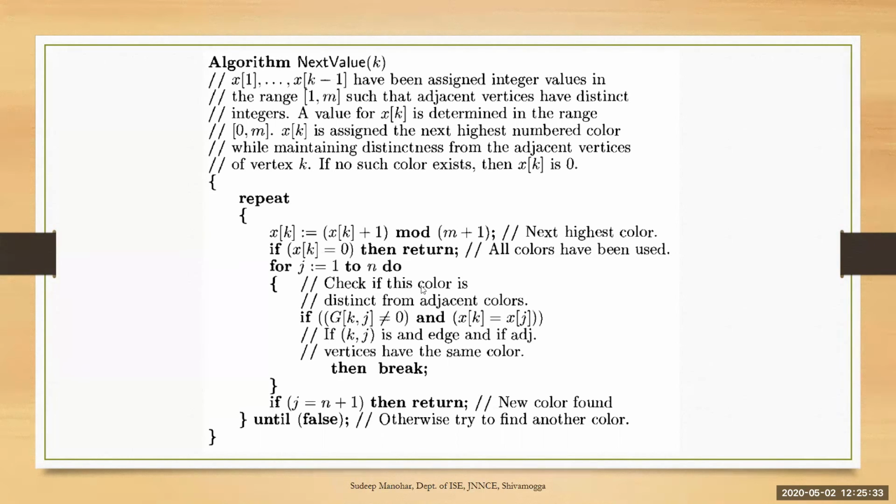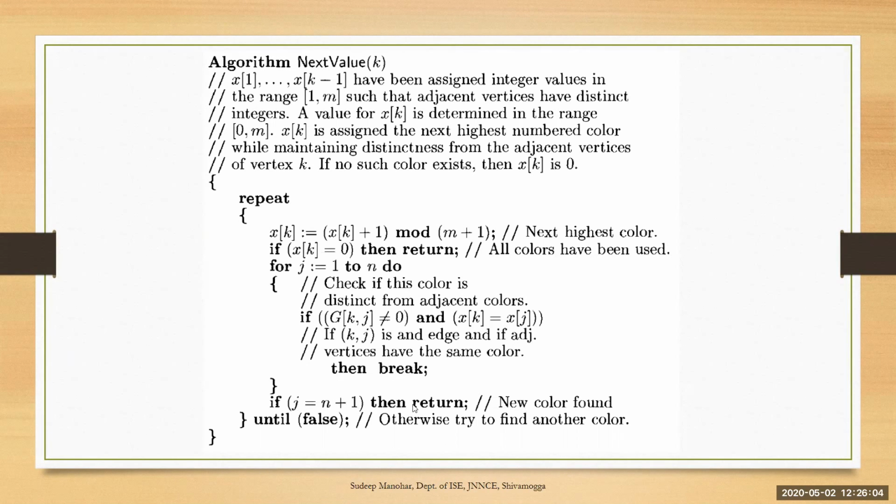So we were here. Now the second vertex has come. Second vertex is incremented by 1. Initially it was 0. Now it has become 1. Now it will check for adjacency. While checking for adjacency, when j is equal to 1 itself, it will break because there is vertex 1 with the same color. It will come here and check whether j has reached the end, that means n plus 1. It has not reached the end. J is just 1.